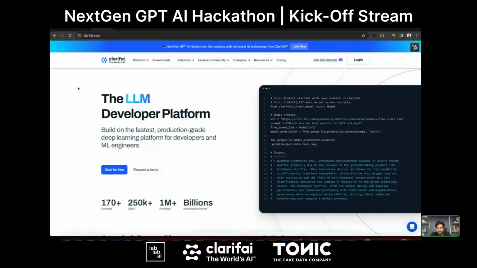That's what we're going to build, and at the end we're going to build a UI module and deploy it to the Clarifai cloud. So that's the agenda of this session. That's what we'll be walking through, and that's what we're going to see.